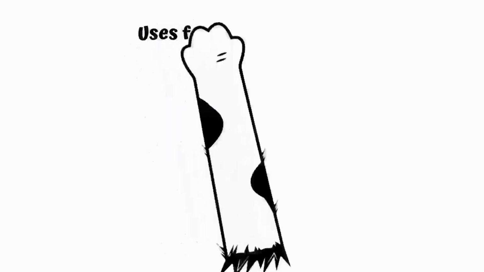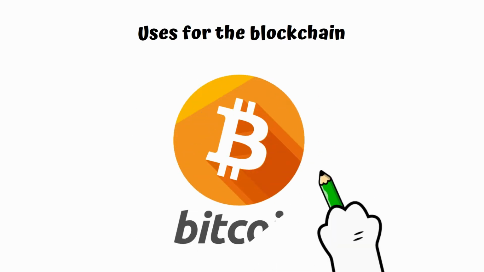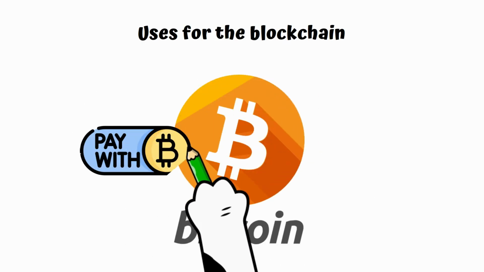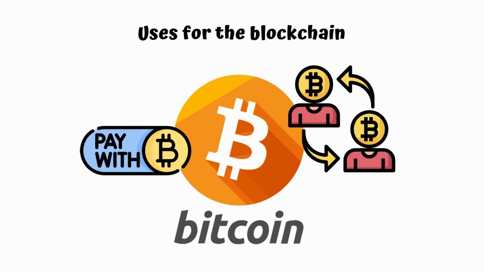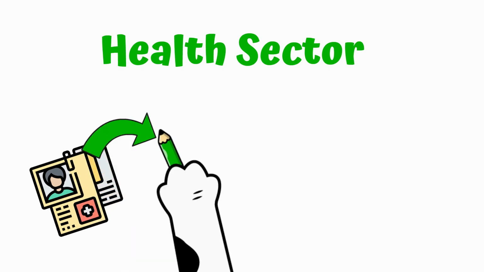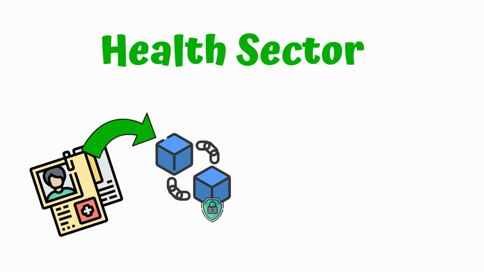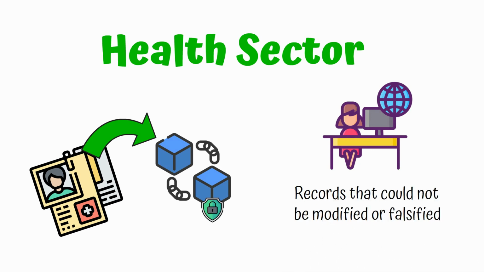What are the biggest uses for the blockchain? The blockchain, as Bitcoin has already demonstrated, is the ideal technology for a digital money system and a secure record of transactions. But it has many more potential uses. Health. The healthcare sector could benefit a lot from the blockchain. All medical records could be stored in the blocks of the chain, and the information of each patient would be safe, but globally accessible to any authorized entity, and could not be altered or falsified.